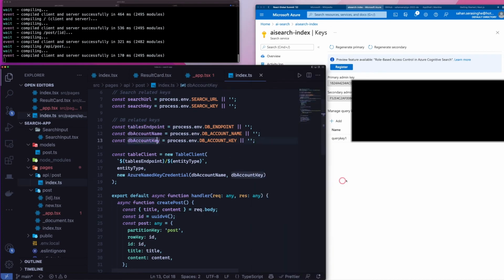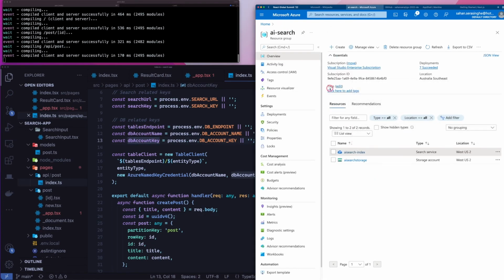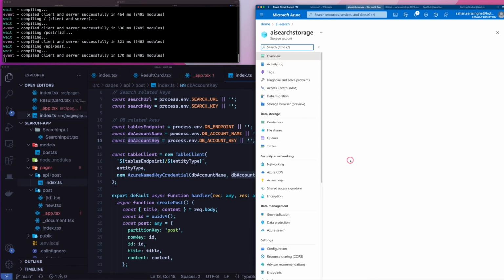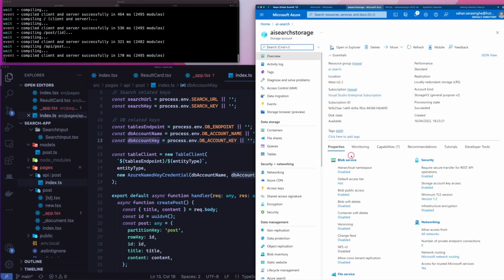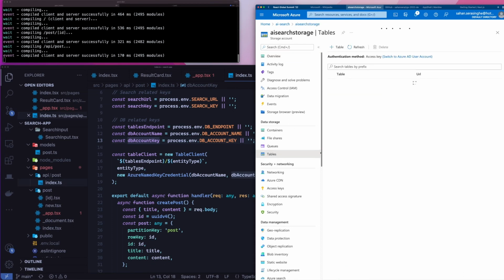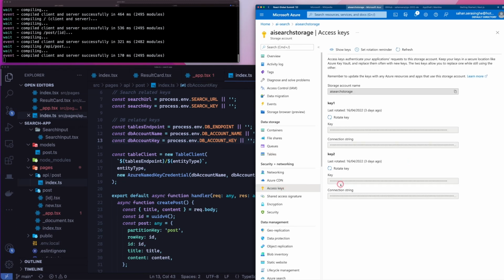By using this key you can only make queries, but you can't push data into it. And for the database side of things, I'll go back to our resource group, and I'll go to the storage account. Okay, so click on tables. So the endpoint is going to be from this HTTP part until the windows.net part, and the database name is going to be /posts, and the account name and key, you can get those values from the access keys section,